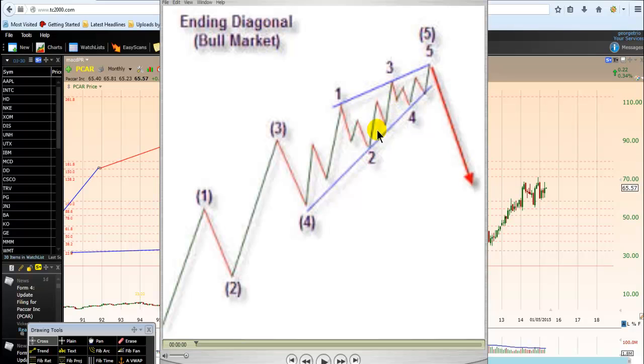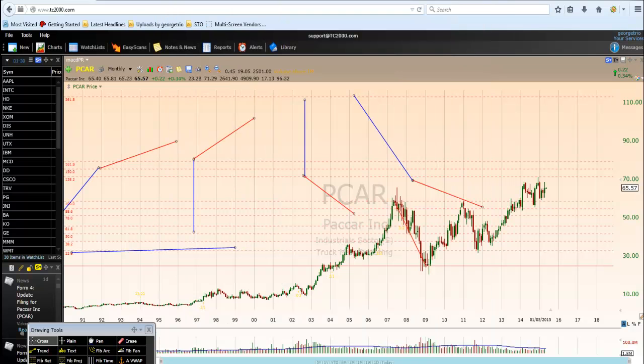So you don't want to buy and hold. If you see the ending diagonal in an up move, don't buy anything. Why? Because the price is going to fall down big time. Does it make sense? Let's continue with this explanation about the Elliott wave theory. It's a little bit advanced, Elliott wave trading, but I want you to understand it so you do not make these costly mistakes.